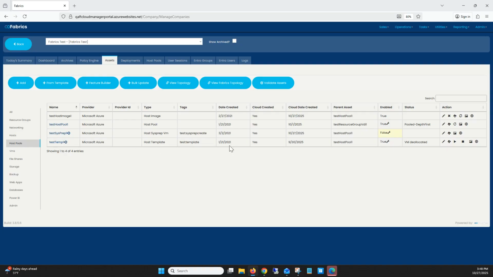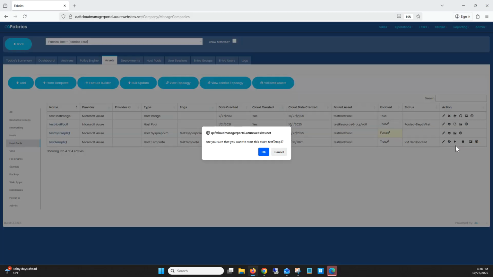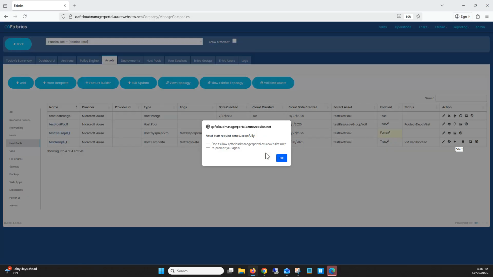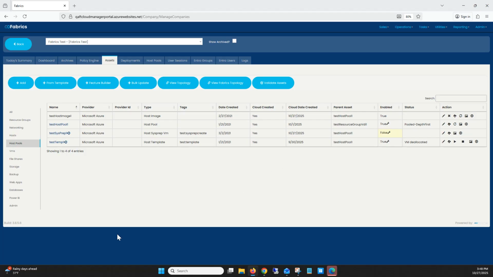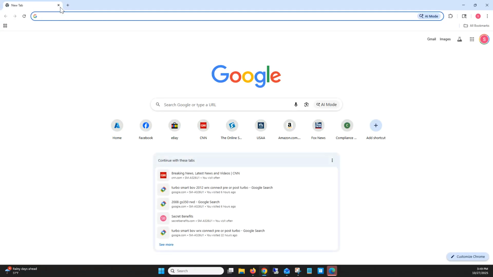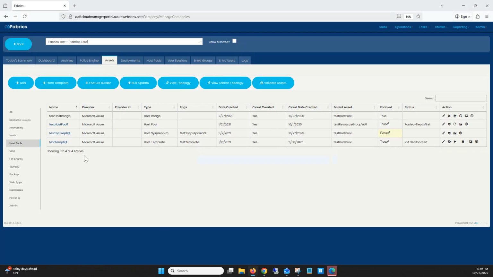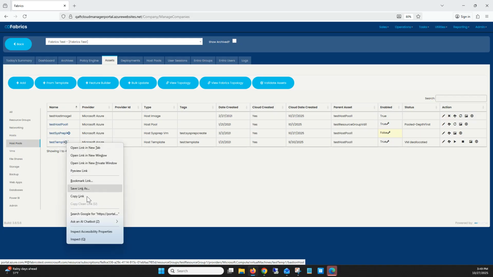So this is your template here. The first thing we're going to do is say, okay, we're going to start the template. And then you will go into it in Azure. If you use Bastion, log into it with Bastion. If you use some RDP method or whatever your way of doing it is, but right here is a link to get to it to log in. So if I copy that link,